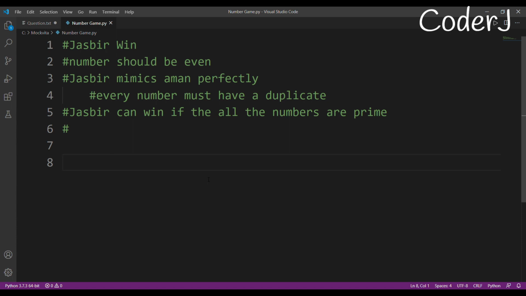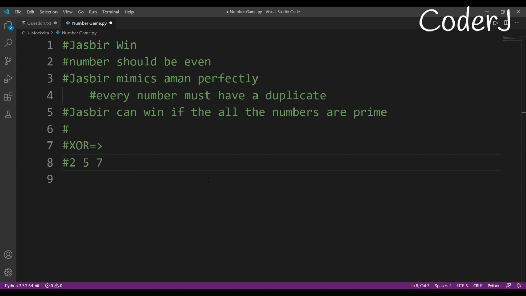Now by the way, one more thing, many people have this thing of XOR. You might have already seen this solution everywhere, XOR, right? So this solution is completely wrong. Why? Because suppose you have an example of 2, 5 and 7, right? If you take XOR of 2, 5 and 7, it will give you 0, and their condition is, if the number is 0, then Jasbir wins. But this is not true.